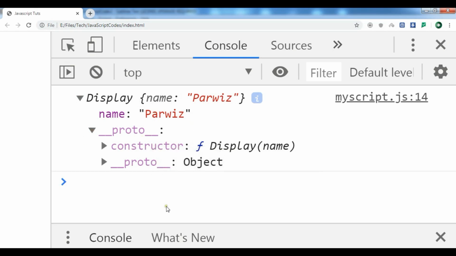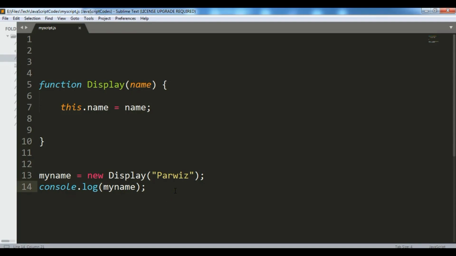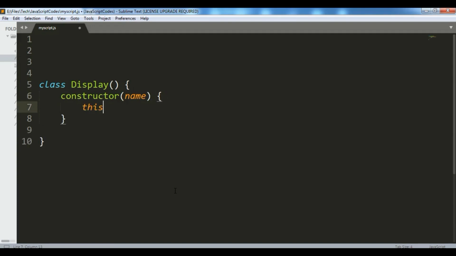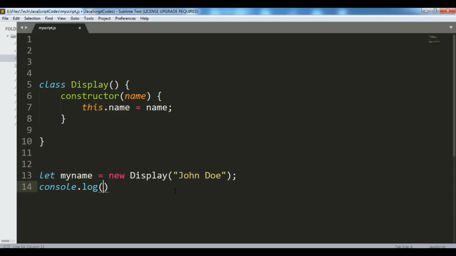Now let me convert this with the new version of classes that we have in ES6. In here I'm going to create a class Display, and in this class I'm going to create a constructor, and I'm going to pass the name in here. Now this.name. Now if I create an object of this Display class, let me create, for example, let myName and new Display, and let me add John Doe in here. And if I console.log myName, you will see that I am receiving